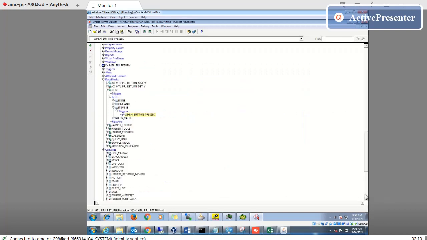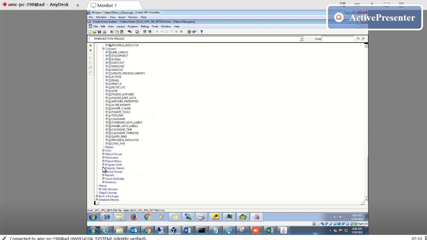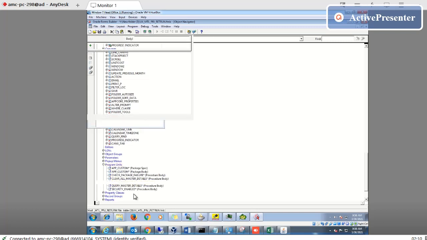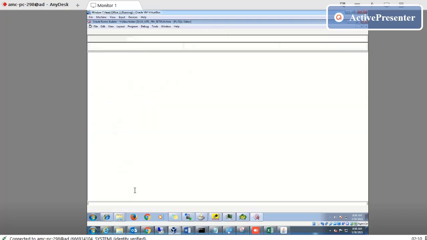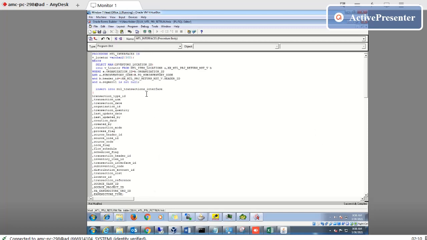Let me show you here, down in the program unit. Up in the program unit, you will see the table. See, this is an interface table.